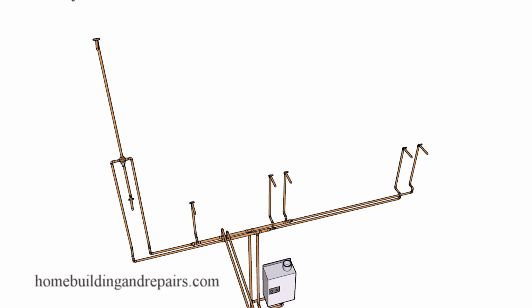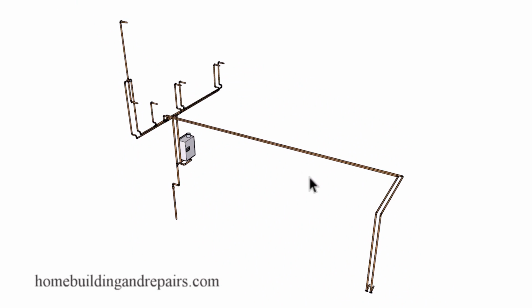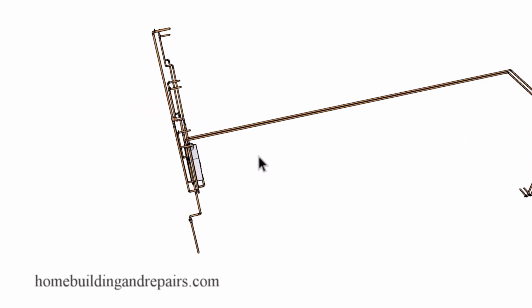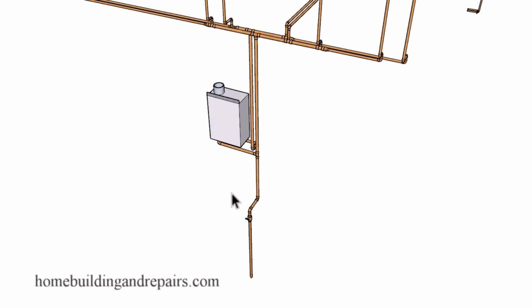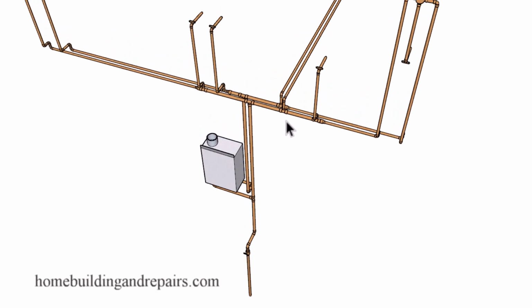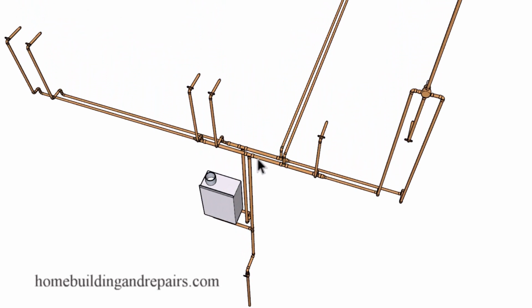And I'll just go ahead and remove all of the framing, give you an idea. Over here is the washer and the dryer. So these are the water lines for this particular house. And basically what happens is you have water coming in on the same line, basically with the same pressure. And as it kind of branches off in one direction or the other, you can actually reduce the amount of water going to the shower on the cold water side by opening up any of the fixture valves that are